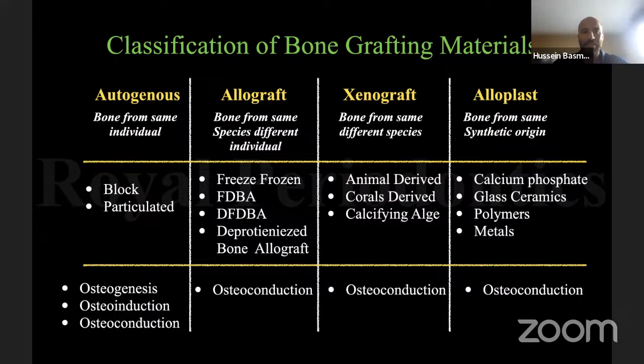Alloplast is not the best material to be used, because whenever I'm placing my implant, I don't want the implant to be surrounded with a lot of dead particles, right? Why? What's the most important thing about bone augmentation or implant placement? It's that I want my implant to be placed in a lot of vital bone. Why? Because if anything happened after implant placement or after osseointegration, I want the bone to fight